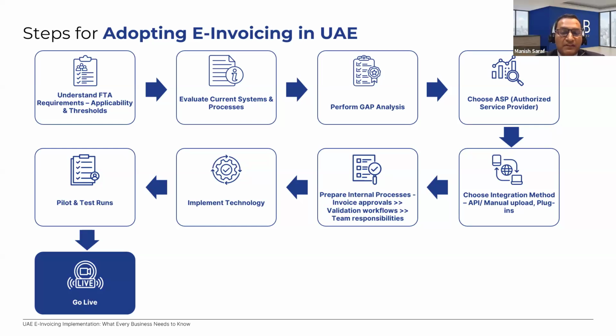Those data need to be identified, which have to be captured in your customer master and in your vendor master. So that gap assessment has to be done before you go and identify and select an ASP. As the timeline which Prakati mentioned, we need to appoint an ASP mandatorily by July 2026 for those who have a revenue of more than 50 million, and for those with less than 50 million, they need to appoint by March 2027.